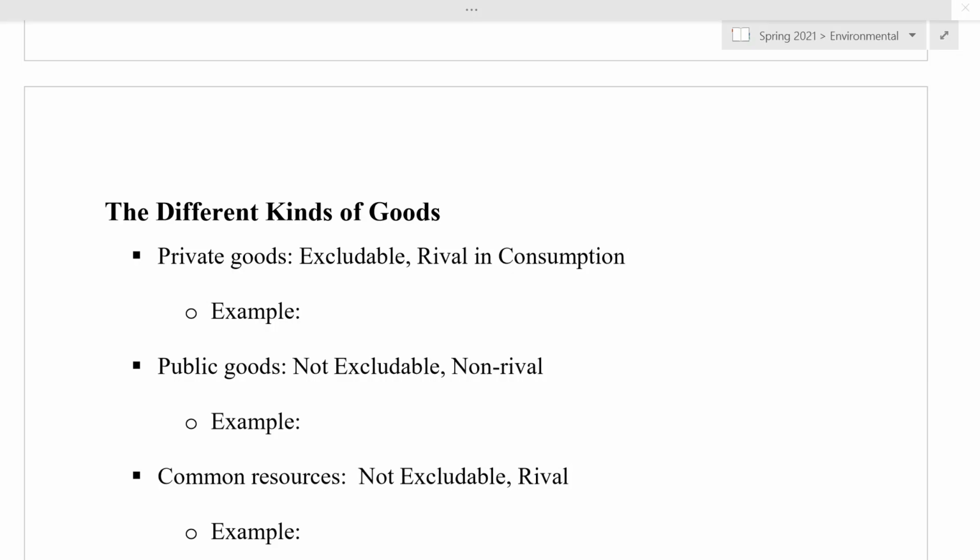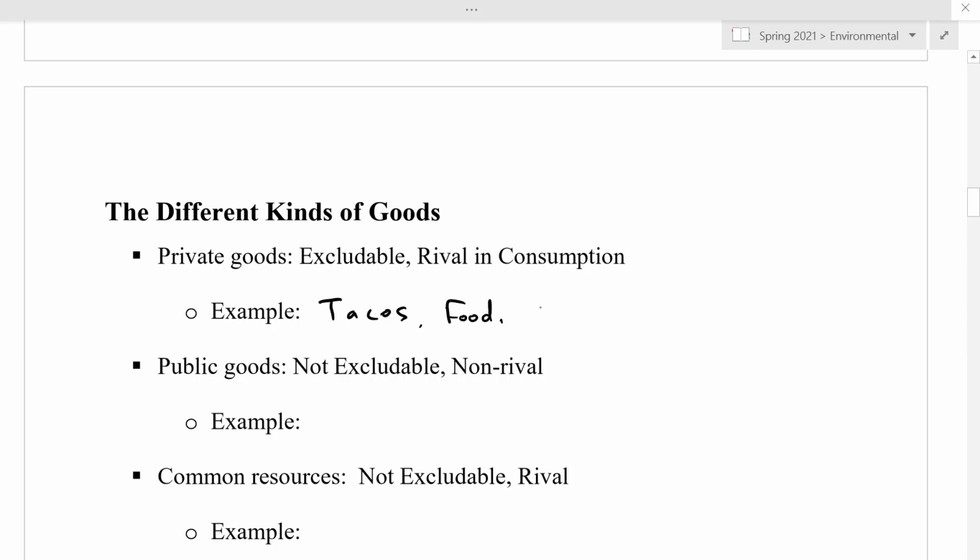And so private goods, these are things that we've been talking about in a lot of our other videos and a lot of the examples we use in supply and demand. But we'll use some examples. So again, going back to tacos, tacos are private goods, right? I can be excluded from having it if I don't pay. And my use of a taco takes away the ability for another person to have that taco. So tacos and food generally,